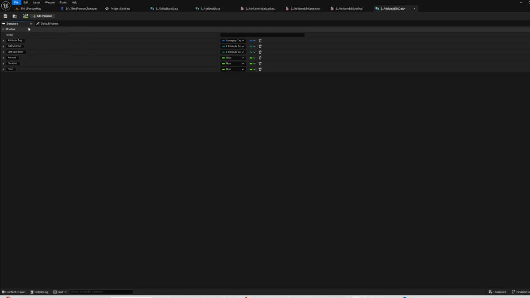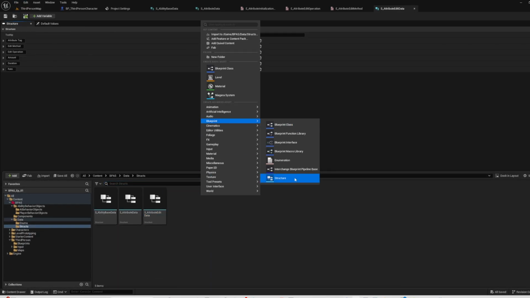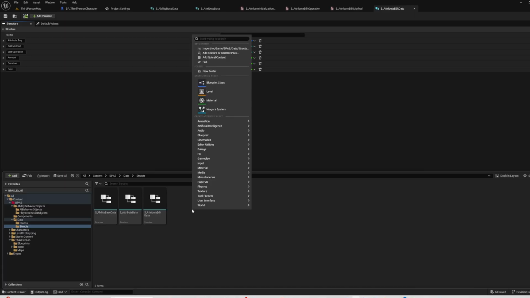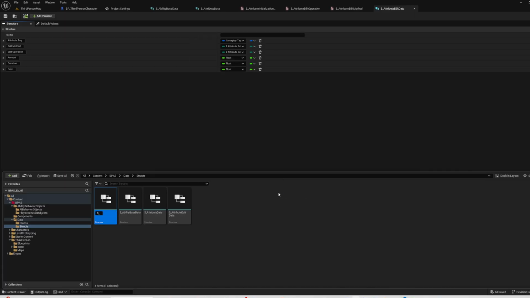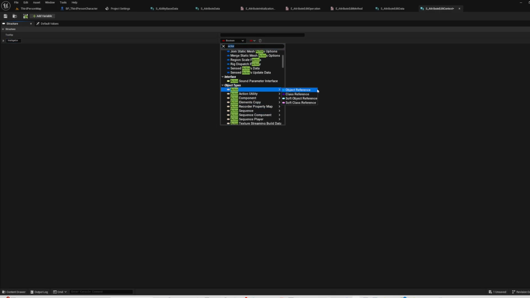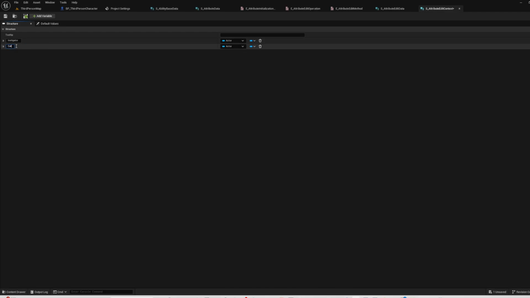We can actually, let's create another. I was going to just add the context of the attribute editing to this structure right here, but let's create another one for that. Say S_AttributeEditContext. And this is basically going to be instigator and caller. So this will be if you need to know who is editing this attribute,